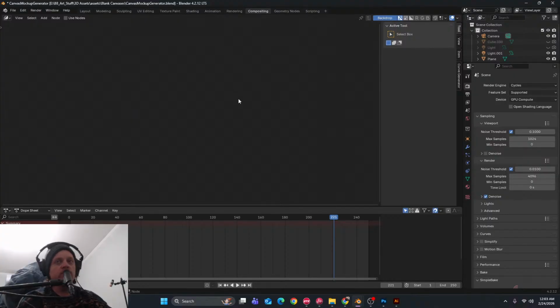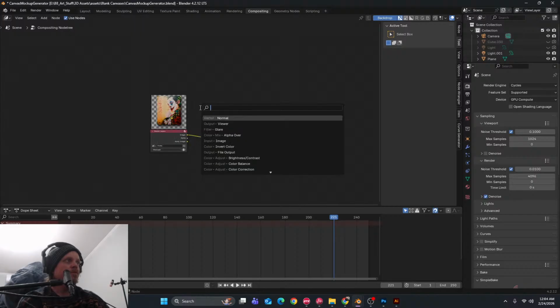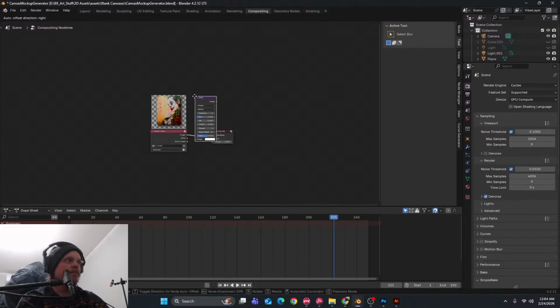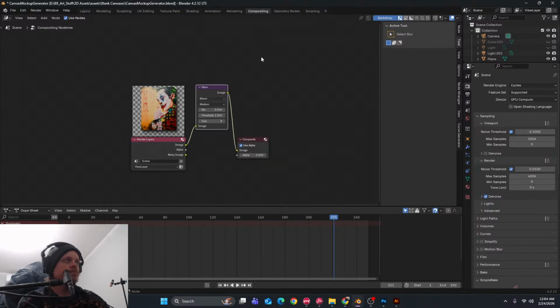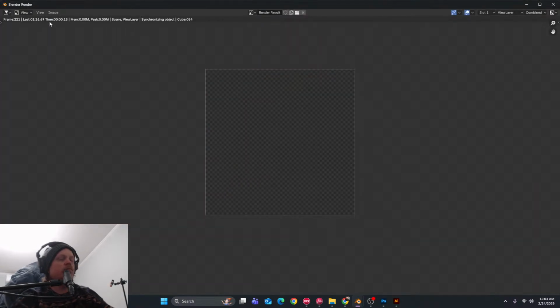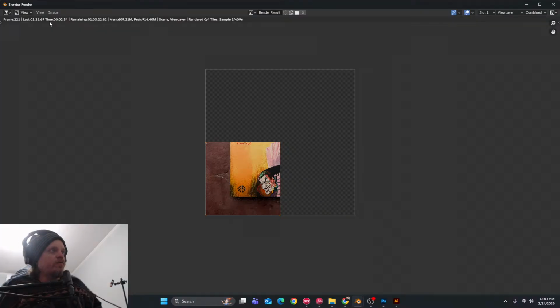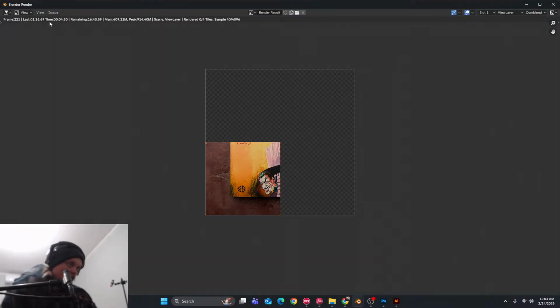It's weird because in order to see this, you have to go to compositing. I want to put in a glare node. Throw that in there. And I'll do bloom maybe. Alright. Go ahead and render this image. Let me hit save before this thing tanks on me. Oh, I don't even have it visible, but